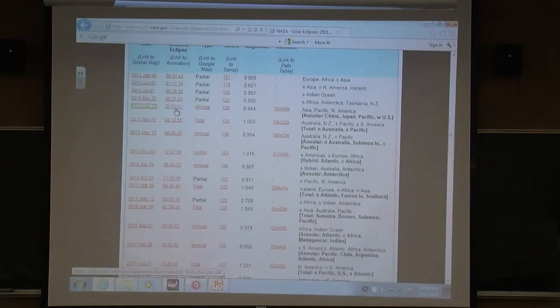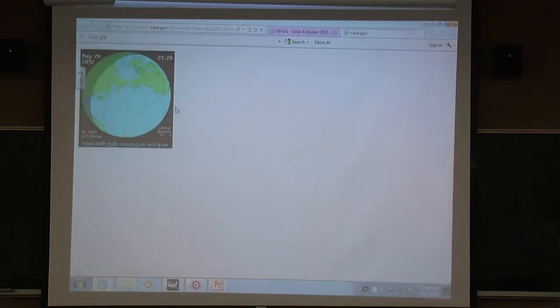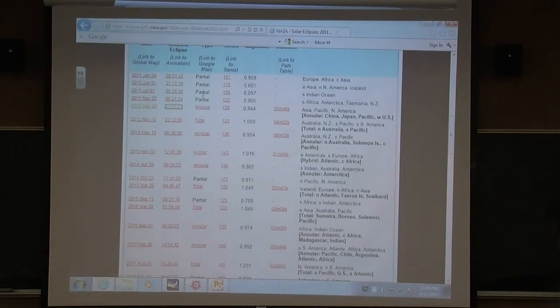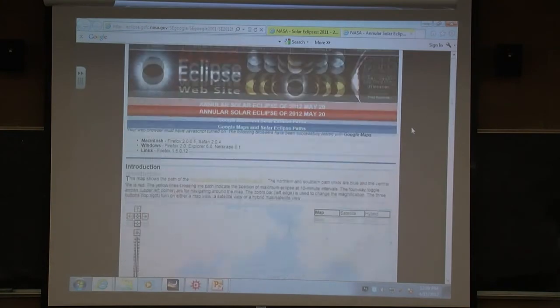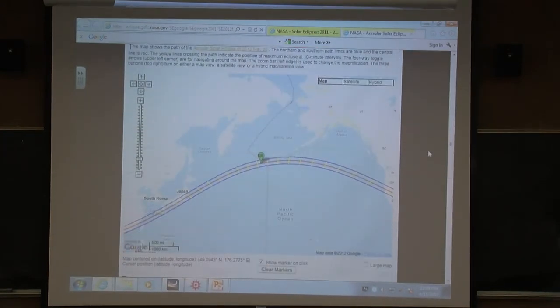If you click on the time of maximum eclipse, you get this cool video simulation of, it's really hard to see. There's the moon's penumbra shown on the globe itself, and you can see how it moves across, as well as the antumbra itself. So you get a neat little animation showing you what it's going to look like. But the best part is if you click on the type of eclipse here, this is going to be an annular eclipse. It takes you to an interactive Google map that has impressed on it the path of annularity.